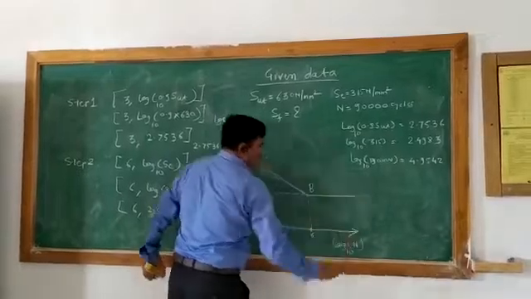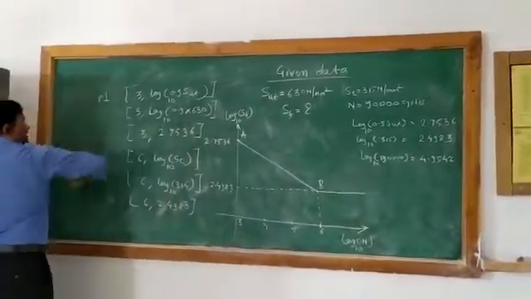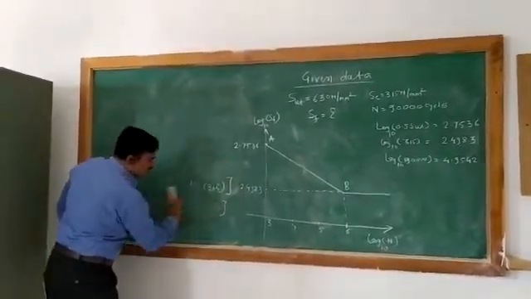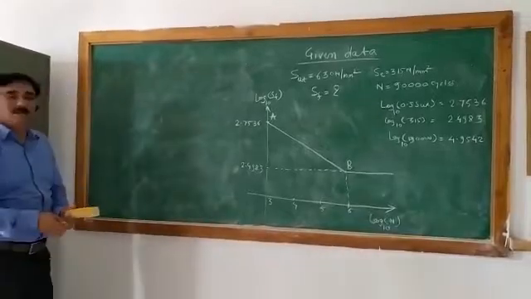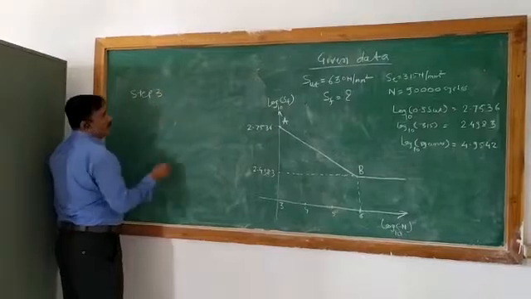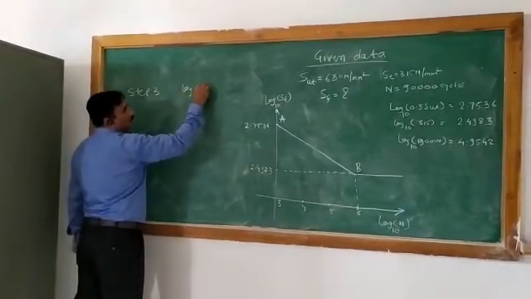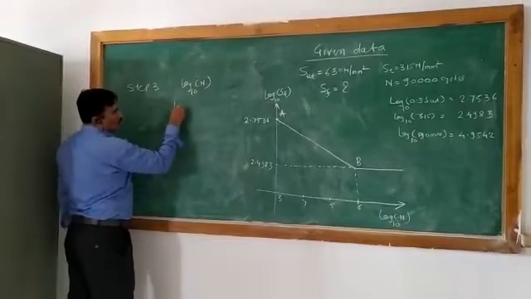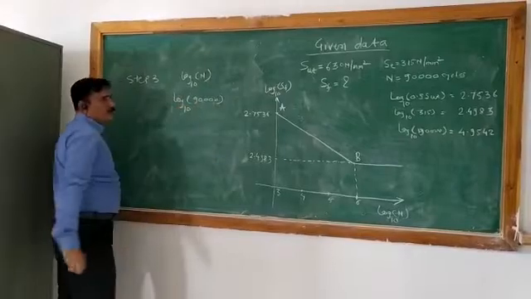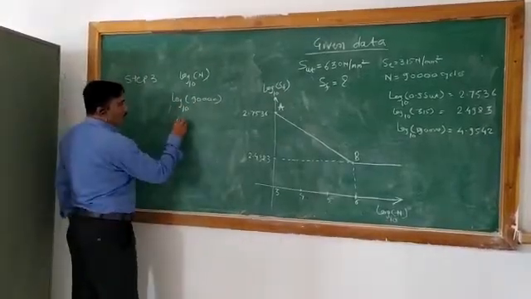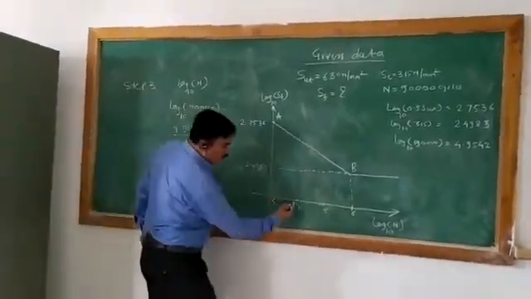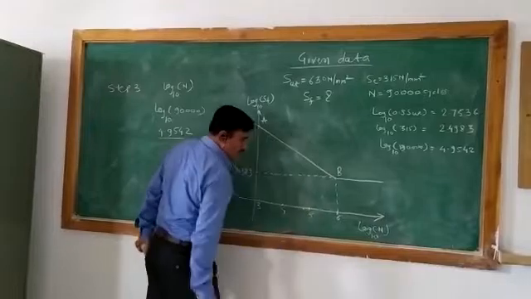Now the third point, a very important point, is what they have asked and what they have given. What they have asked is the fatigue strength, and they have given N. So the third step will be to take log of N to the base 10. So N is 90,000 cycles, it is given in your numerical, log to the base 10. This will be 4.9542. So here it is 4.95. I will take it as somewhere here.